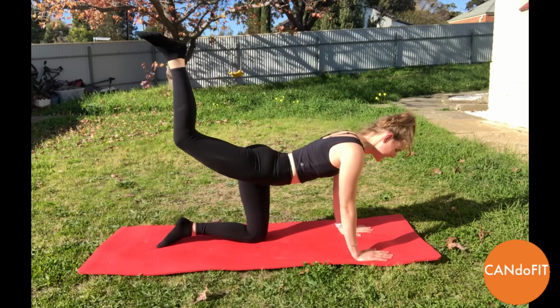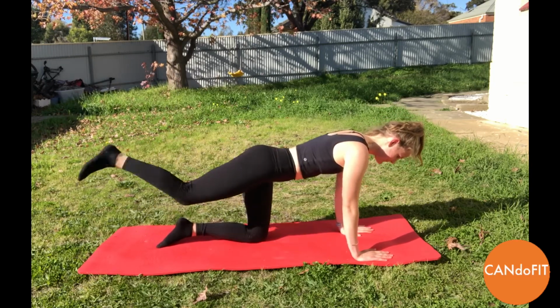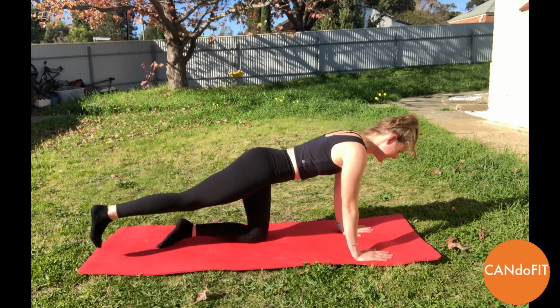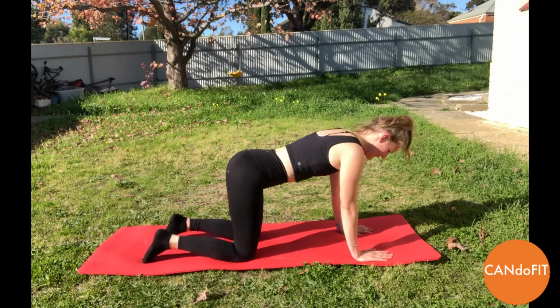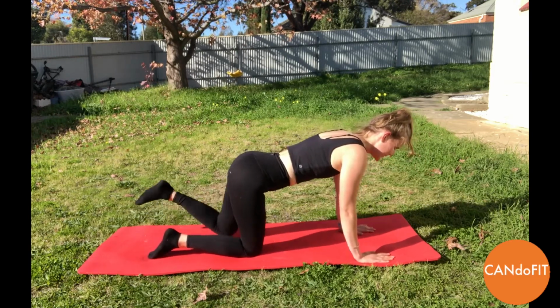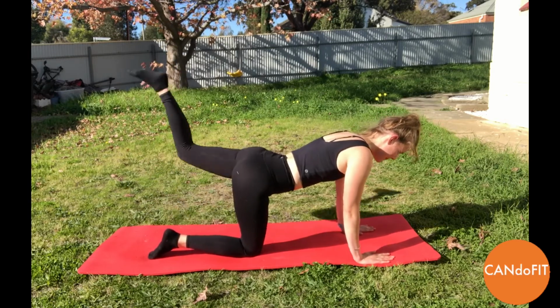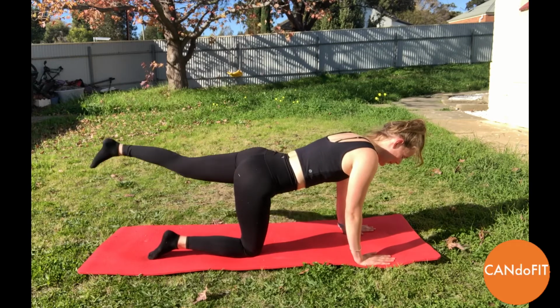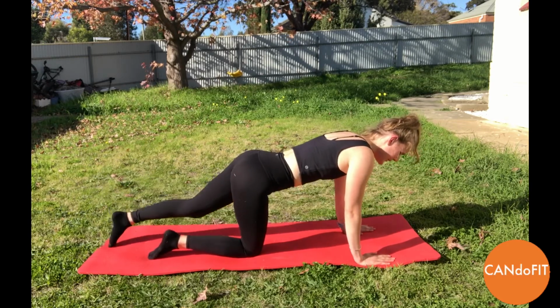Keeping those hips in line with one another, bracing through the core. Last lot. Good work. Swapping sides. So donkey kicks for 3. And then extending the leg out straight for extensions. So when just tapping the toe down onto the mat,